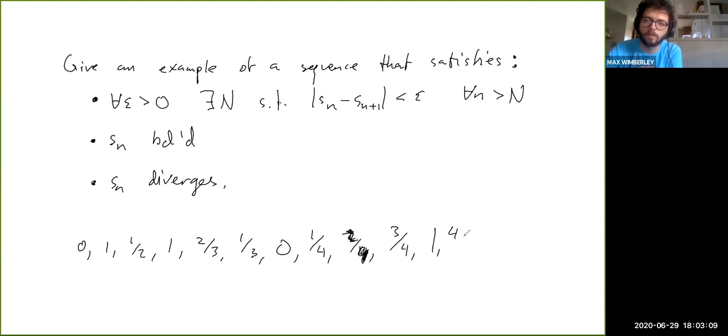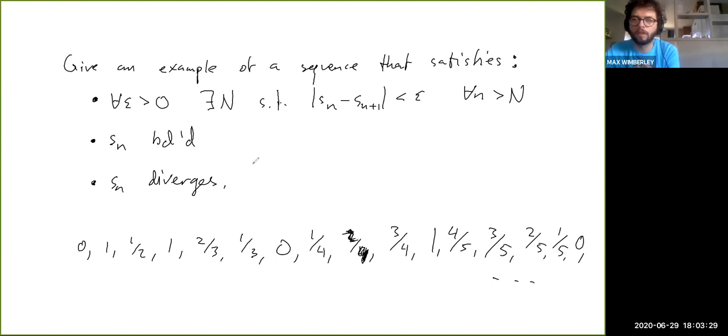It just switches to steps of smaller and smaller size. So 4/5, 3/5, 2/5, 1/5, 0, and so on. That would be one way of